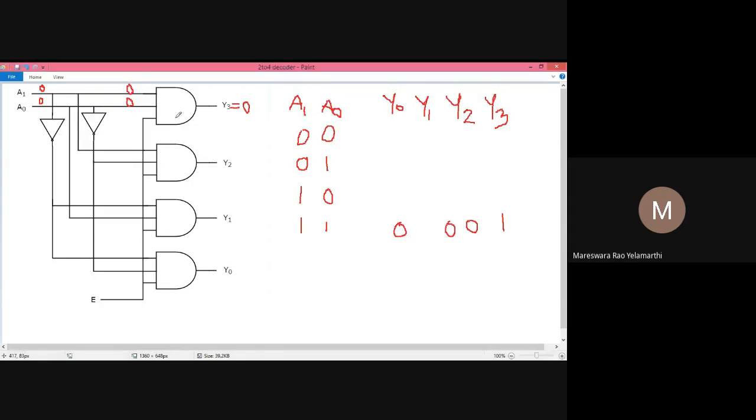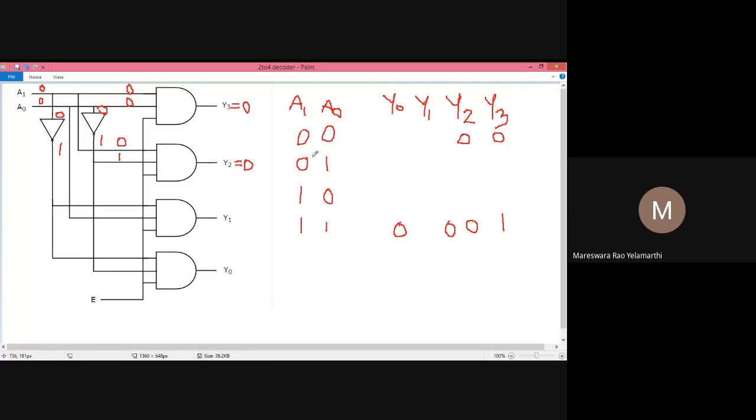Next, 0 is applied here, we'll get a 1 here, and 0 is applied here, we'll get a 1 here. So come to the next gate, the first input is 0, the next input is 1. So the 0 1 combination will get output as a 0. So Y2 value is also 0. For this particular condition, Y3 is 0 and Y2 is also 0.